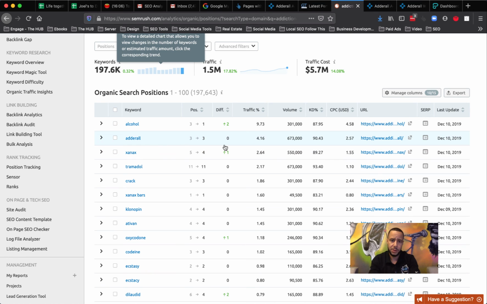So in other words, this one keyword where we're ranked number 3, we might get a little bit longer average time on page, and we might increase to number 2 or number 1, and that will get us more and more volume. So those are some of the things that I would do in terms of on-site SEO. I would also do a content gap analysis.